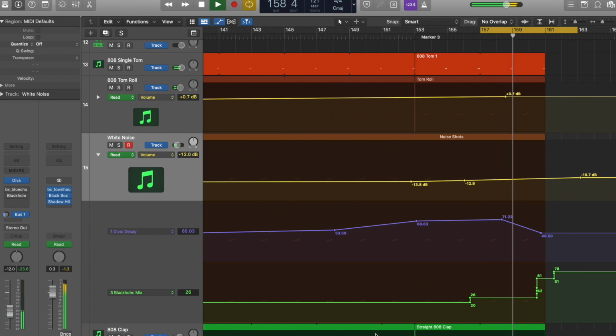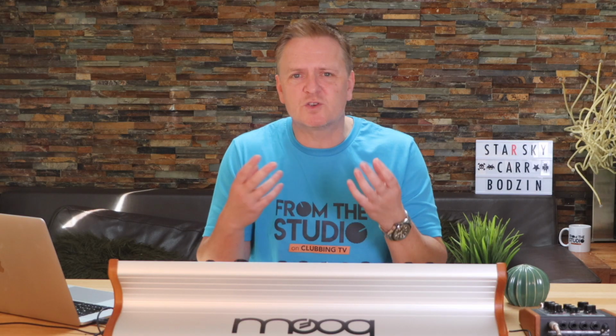And those toms are a little bit too crisp and clear, aren't they? If you listen to the original track, there's something over the top of those, and it sounds to me like just simply white noise. I've called it in here noise shots. And it starts off at the beginning of the track nice and tight, but as the track builds, it gets looser and looser, increasing the release time, which helps create sort of a big atmosphere. And that release becomes longer and the filter opens up and it just adds a bit more life, so that in the build we get